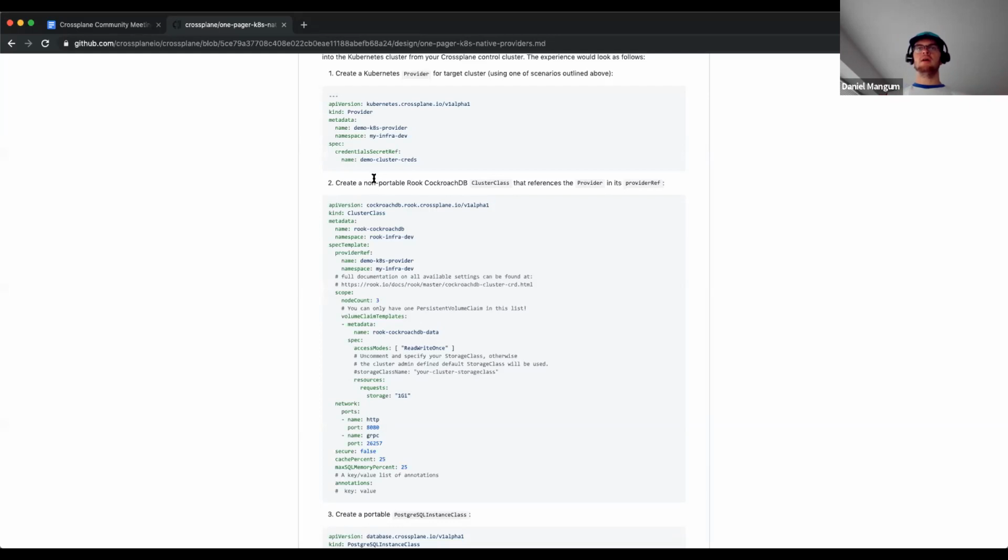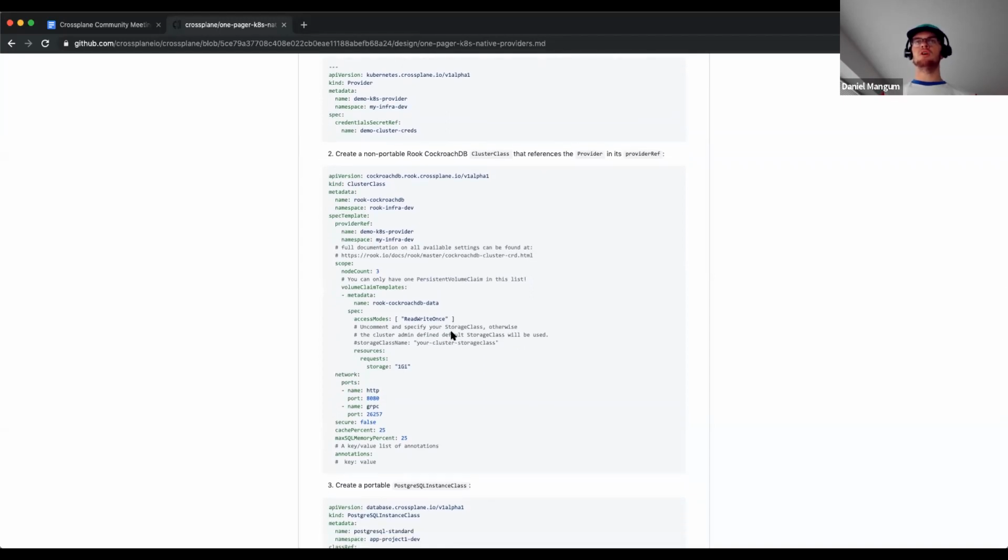So when you create, once again with static provisioning, a Cockroach DB cluster in Crossplane, then in the target cluster, wherever that is, where the Rook Cockroach DB operator is installed, it will create a Rook notion of a Cockroach DB cluster, and then it will use Rook's controller logic to actually create that Cockroach DB cluster in the